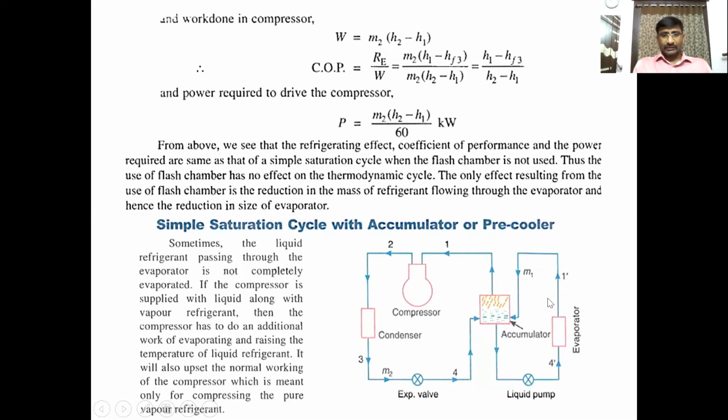Clear? Here in this method, the refrigerant which is coming from the evaporator is again sent to the accumulator or pre-cooler. Why is it done? What is the use of this? Let us look. Sometimes the liquid refrigerant which is passing through the evaporator